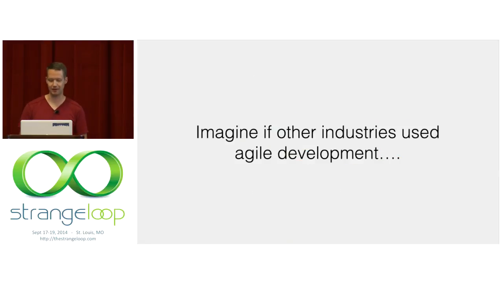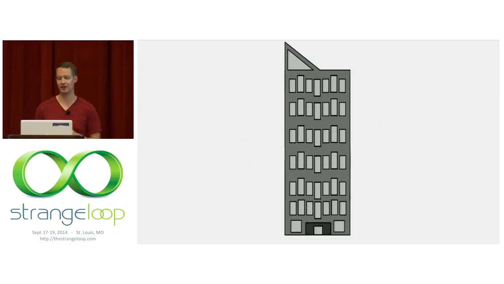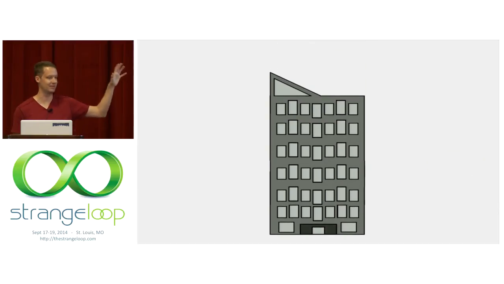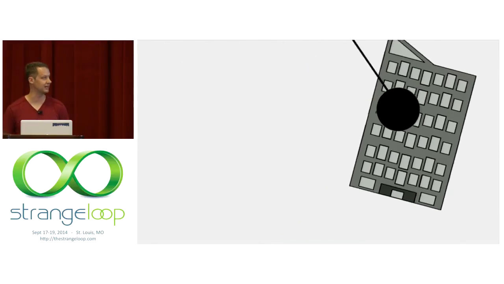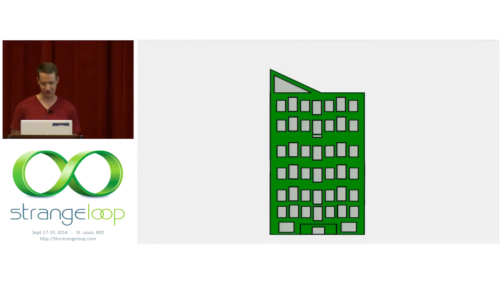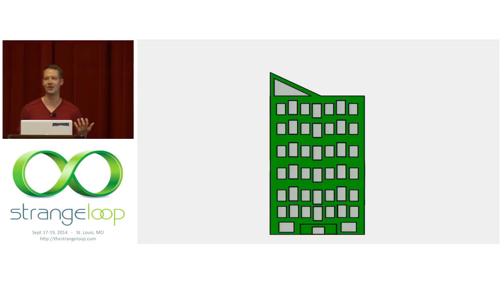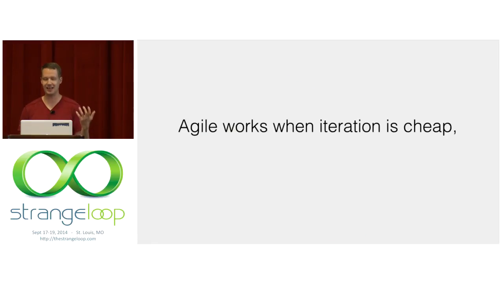And that's a good thing for Agile, but sometimes you have to step back and imagine if other industries used this same approach. I might get an ambiguous description of a building. It's like, oh, no, that's not right. We really want it to be shorter, or like that. And then they build this, and it's like, no, we really wanted it to be green. So we'll just go and drop that. This is actually how we build software, right? And it works. It's actually a good way to build software in a lot of cases.